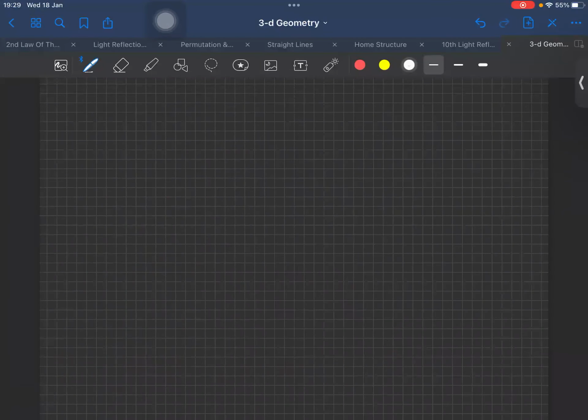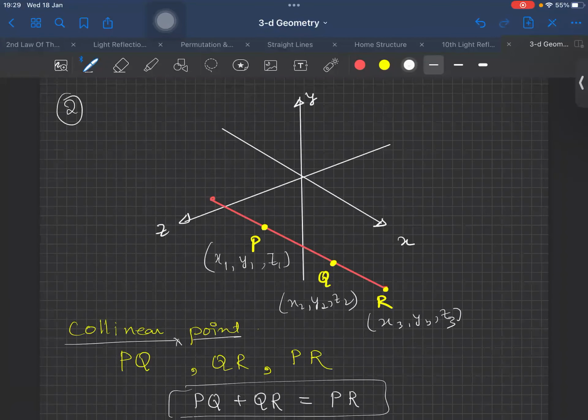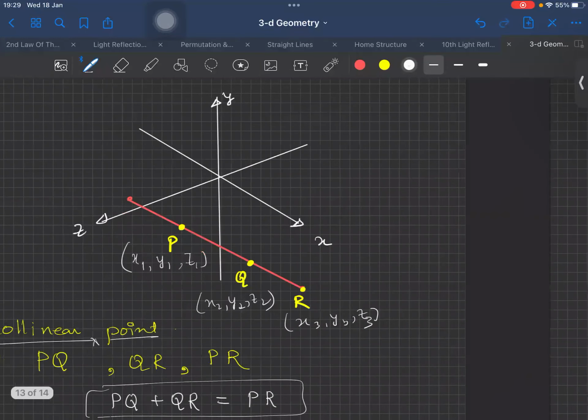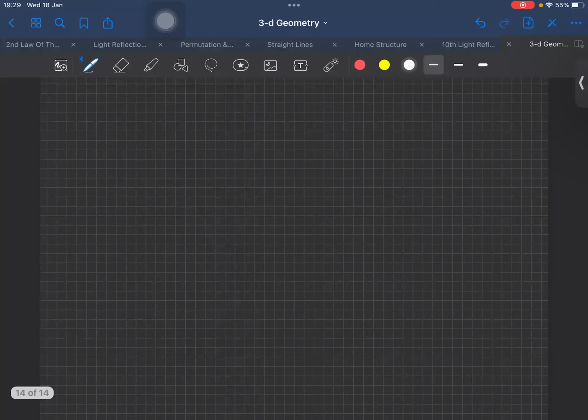Now, when do we say the points form an isosceles triangle or a right angle triangle? How do we say that? This was problem number 2 of your exercise. I want you to do problems number 3, 4, and 5. Just try it yourself. What is the meaning of an isosceles triangle? What are the 3 types of triangle?